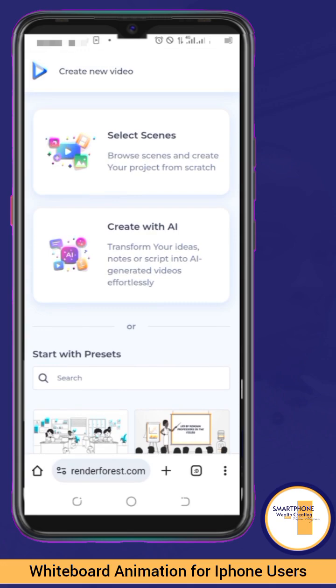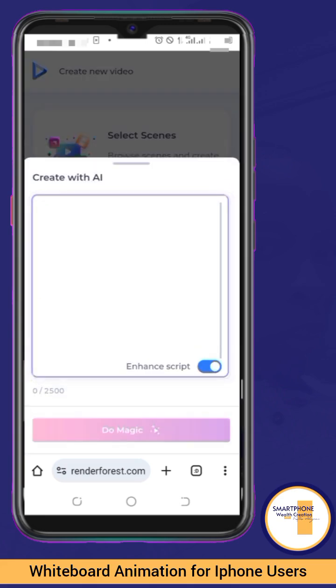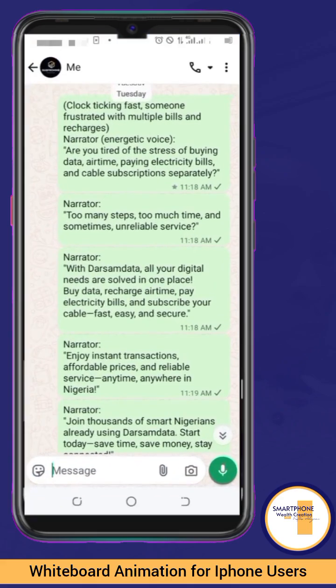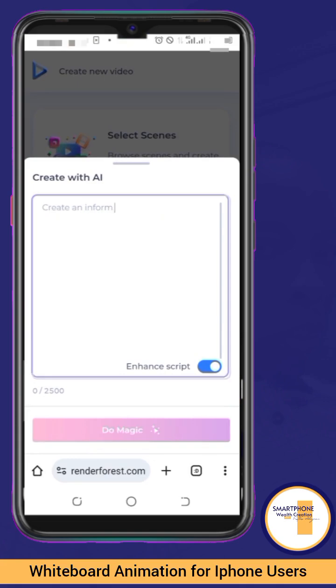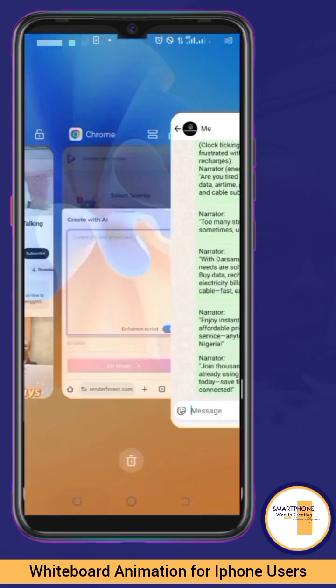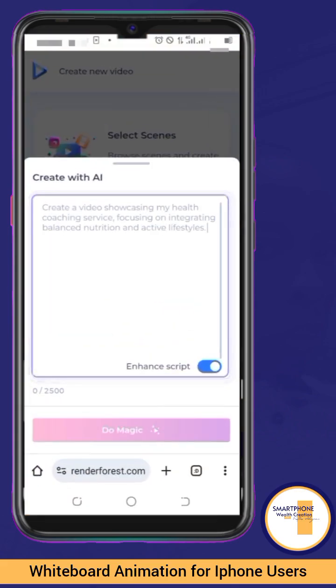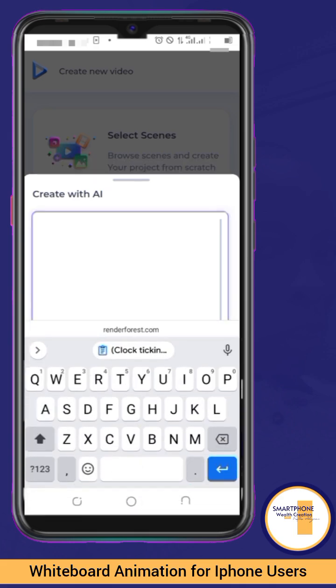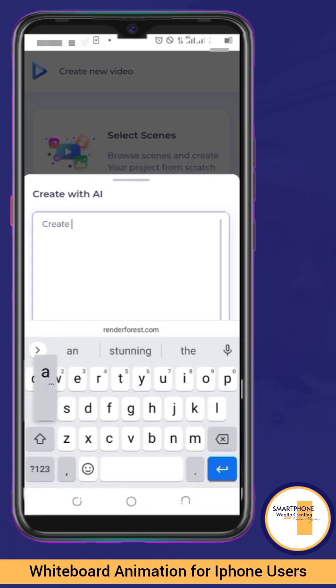If you tap on create with AI, for instance, it tells you to give it a script. So let's go back to our scripts. Remember, in the previous video we had our script generated through ChatGPT. So let's go back and indicate this. Okay, and how many slides do we have? 1, 2, 3, 4, 5. Okay, so create a video showcasing my art. Let's say create a video